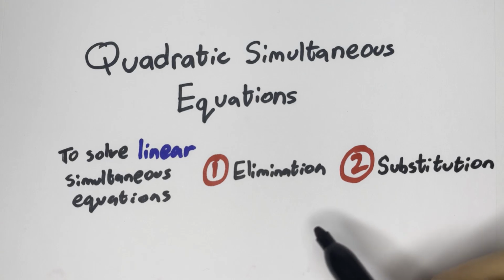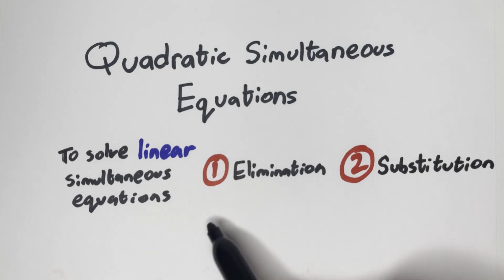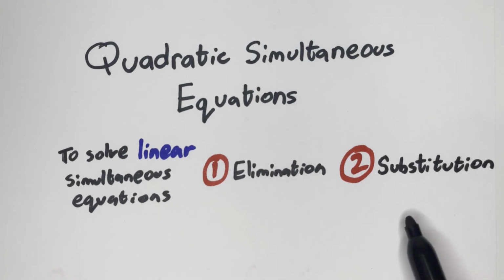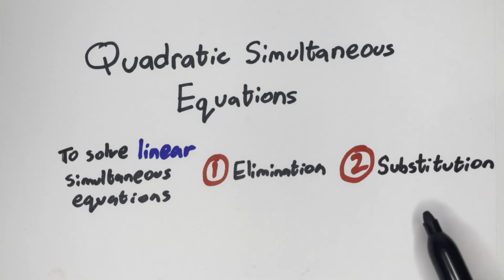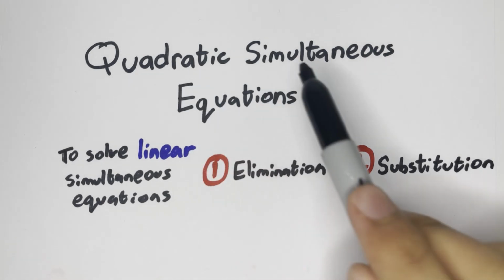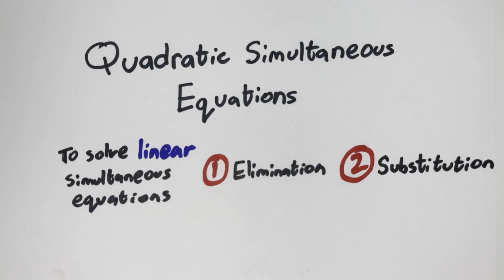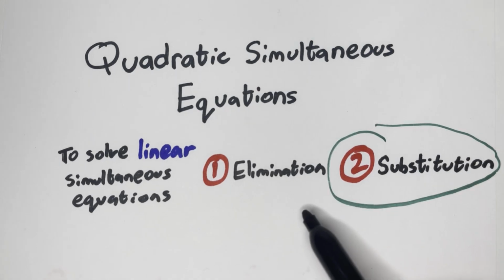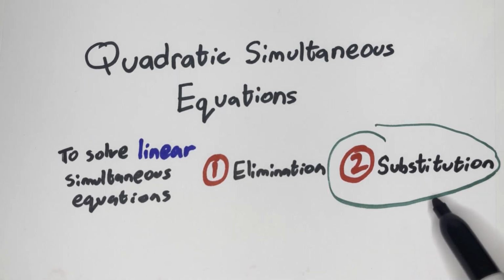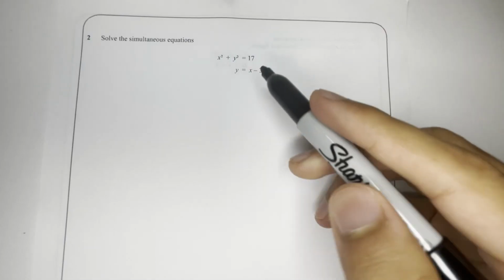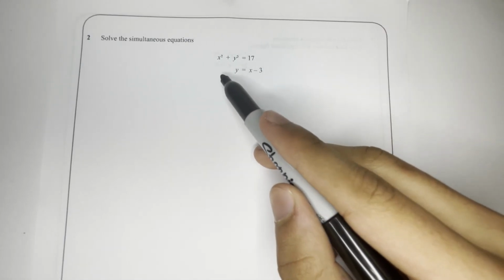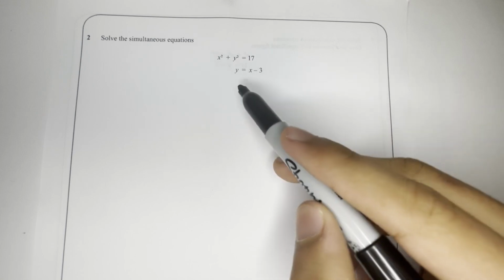First, remember the two methods we use to solve linear simultaneous equations: elimination and substitution. At GCSE level, almost every question to do with quadratic simultaneous equations will be solved using substitution. There may be a few where you can use elimination to solve them, but usually substitution is by far the easiest way. This first question, our simultaneous equations are x squared plus y squared equals 17 and y is equal